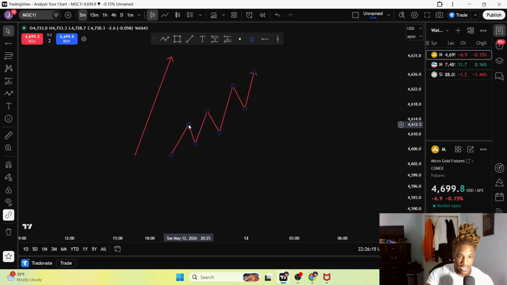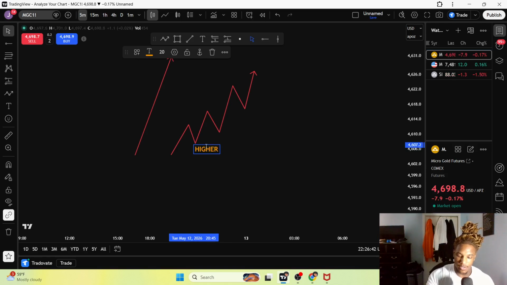This first line up is called a high. This is a high in the markets. This move down is called a low. But wait a minute. This low right here on an uptrend is higher than this low right here, the starting point. So this low is considered or called a